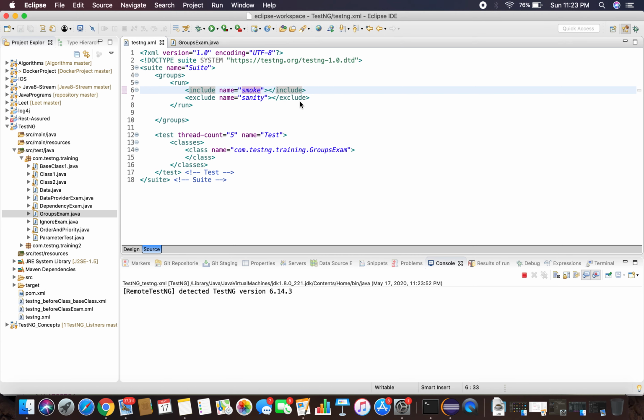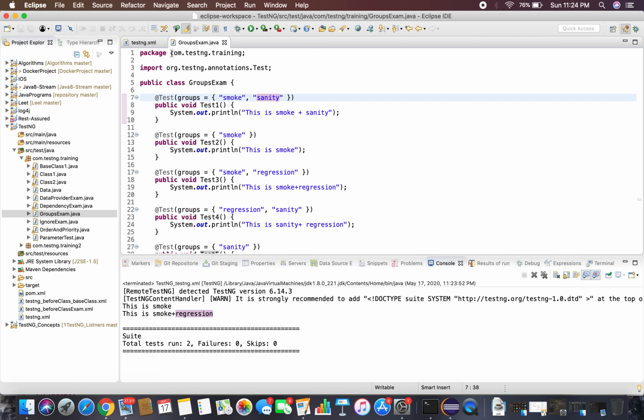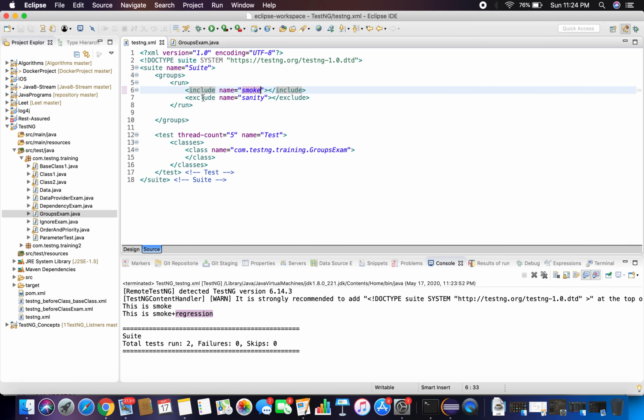The test1 is not performed. Why? Because though this is part of a smoke which you want to include, still the exclude has a high priority that we are excluding the sanity, so that didn't get executed. So always the exclude has a high priority in the groups concept in TestNG. Okay, and one more thing